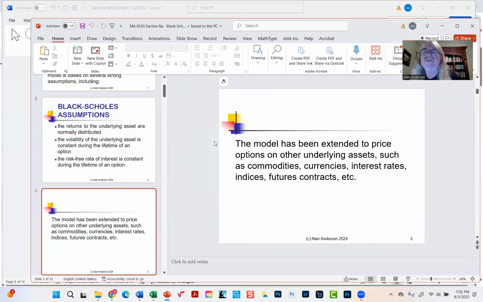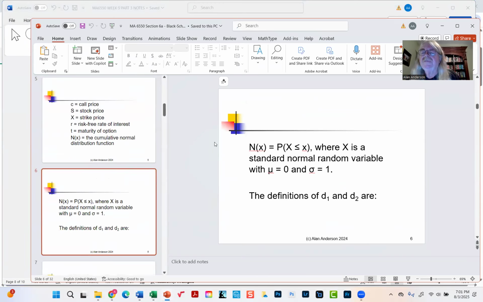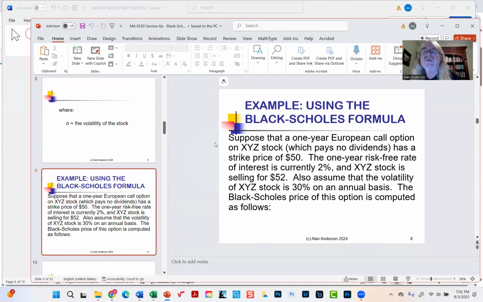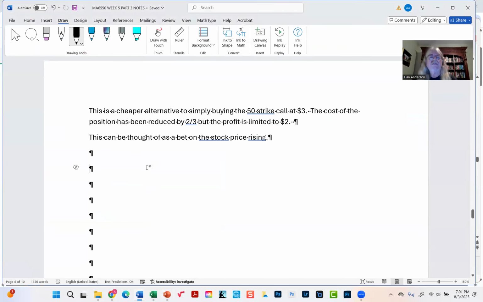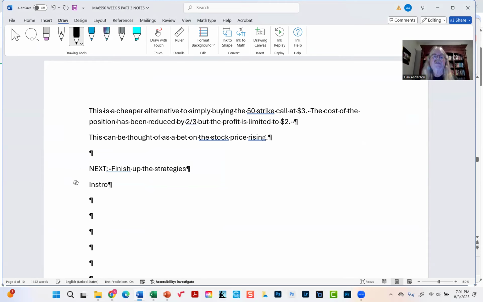This is an interesting model. There's a lot of statistics, there's a lot of math, but this actually was the breakthrough that made it possible for options to trade in the United States. So this is a huge deal. Anyway, so what we're going to do is a couple of things. Finish up strategies. There's not too many more. Introduce the Black-Scholes model,